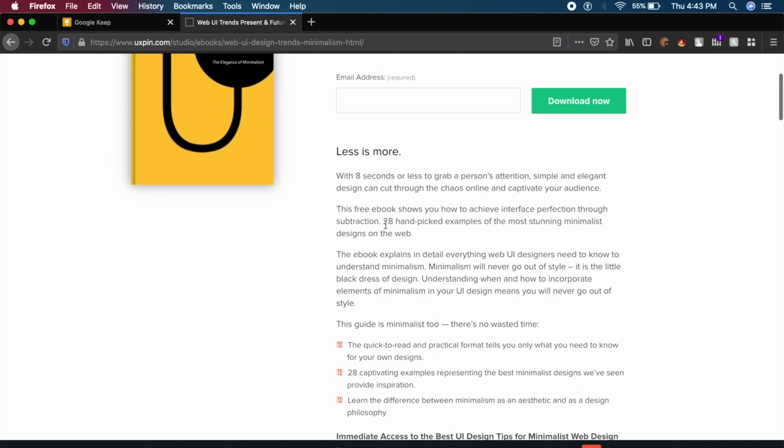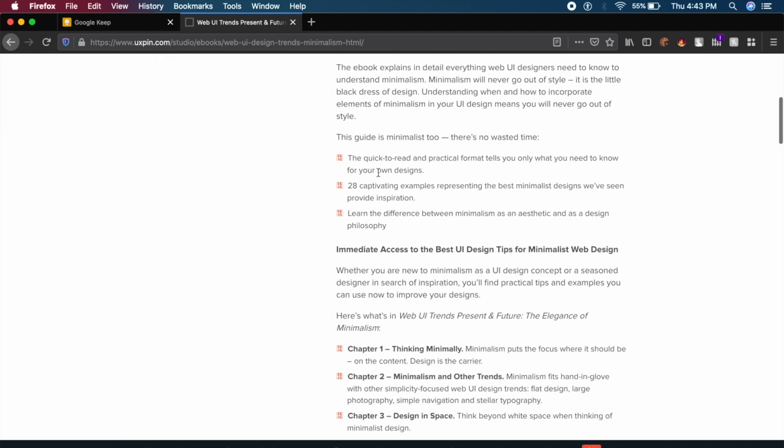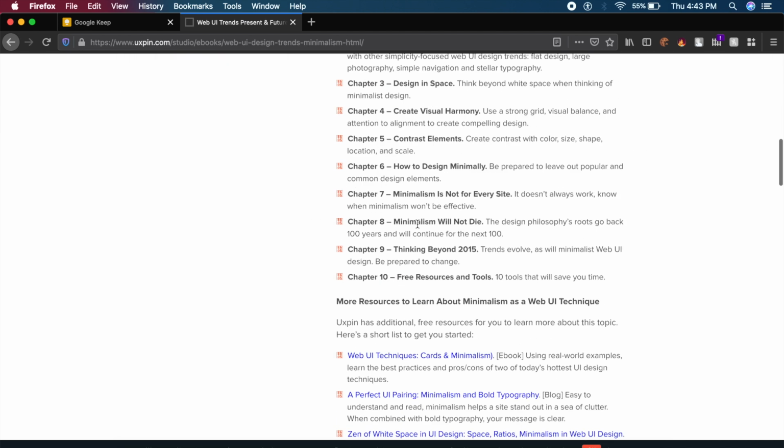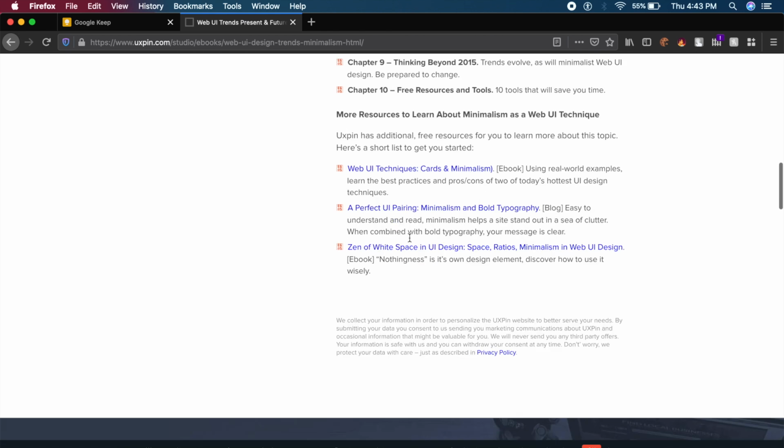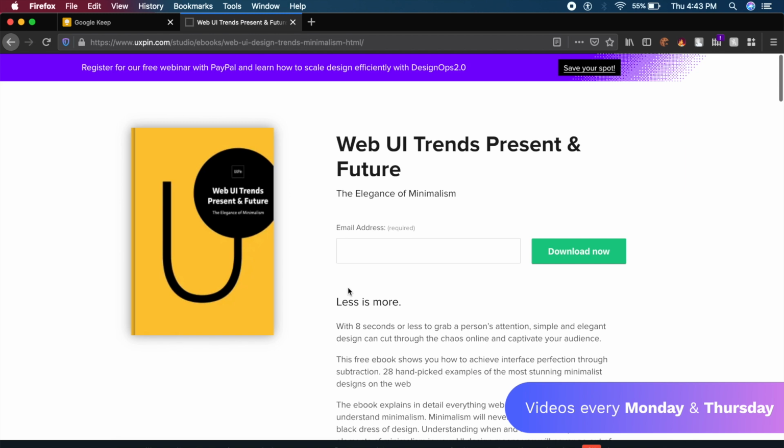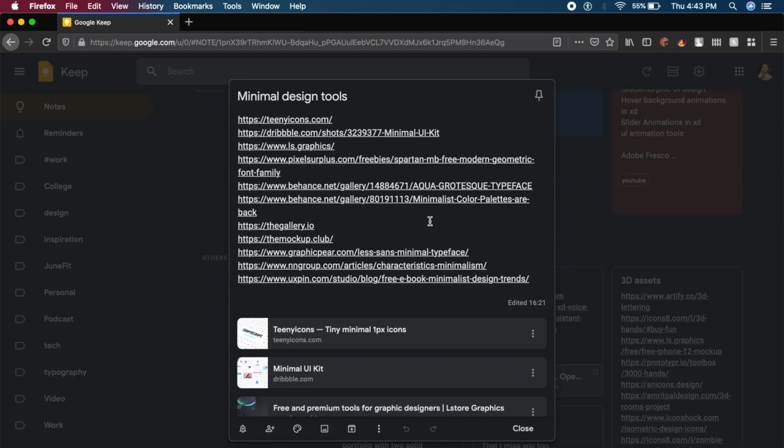They've also given a short summary, so you can read through the summary of the book and what the book is going to teach you in terms of UI design. So if you're looking to pick up a book on visual and UI design, then I think this is one of the best books you can get for free. That's the best part.